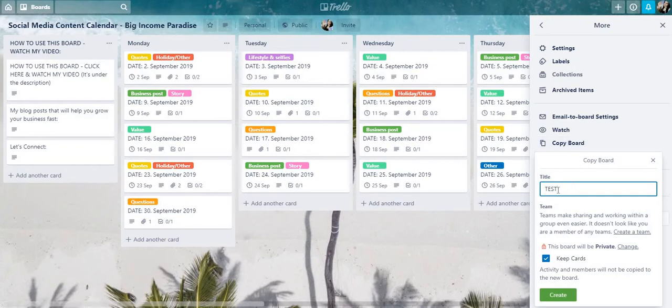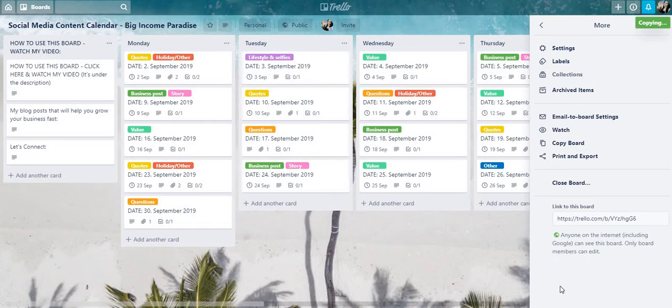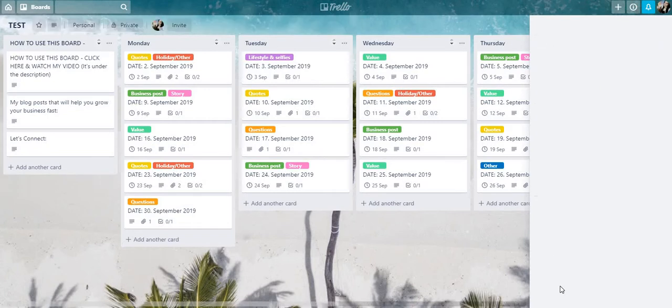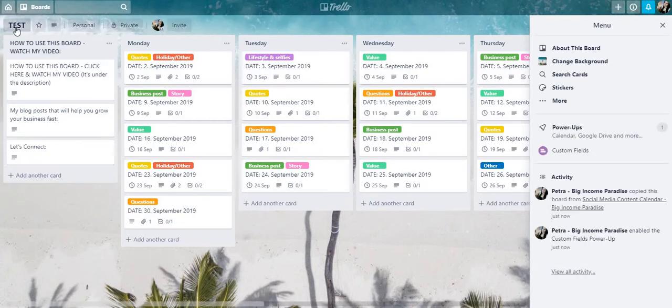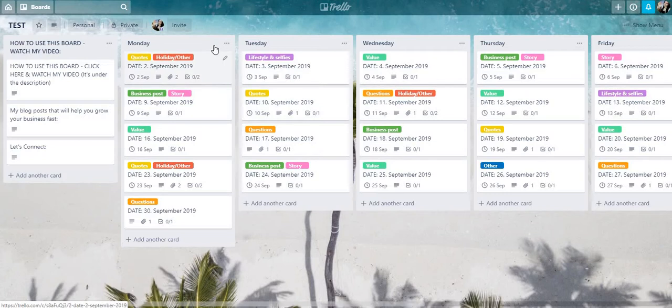So make a title that's going to make sense for you. Have it private, keep the cards, and just click create. Now you're going to wait for a couple of seconds and it's going to open your board. So this is going to be private, it's going to be yours. So now we are going to go into how to use this